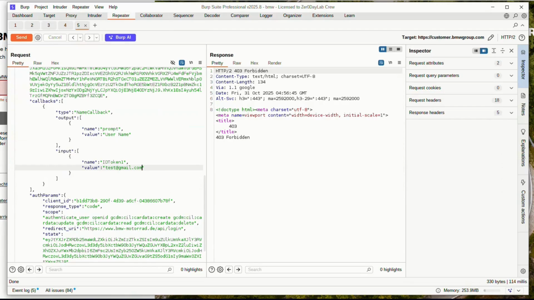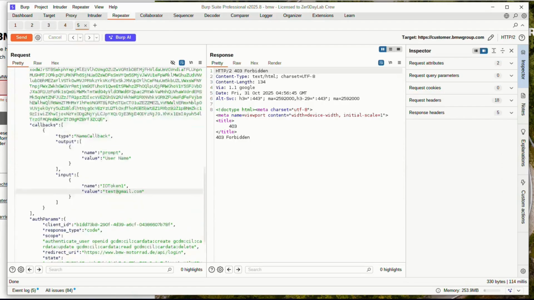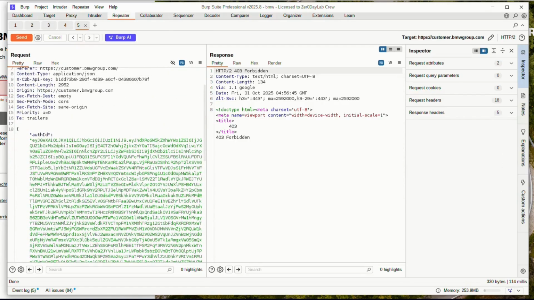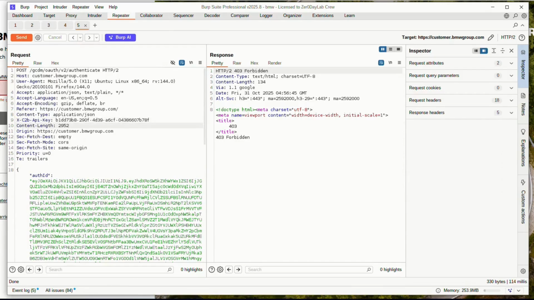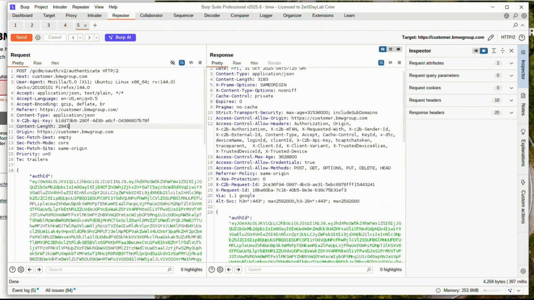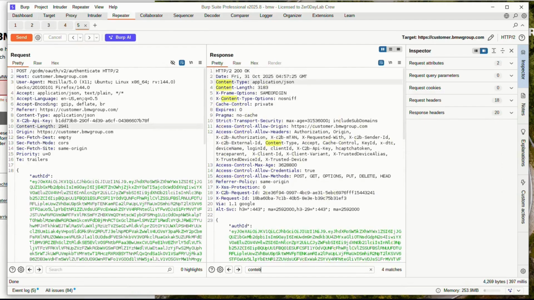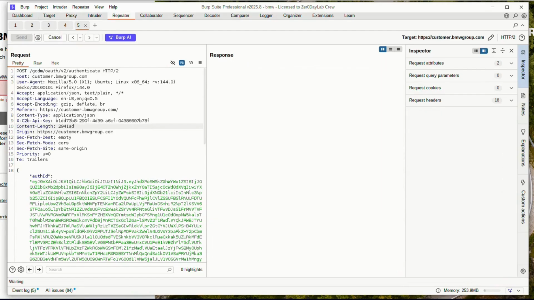Another thing that we can do is, let's say we have an id. Let me tell you, there is content length, and let's add a number here and see if anything changes. So content length a b a d, and let's see.